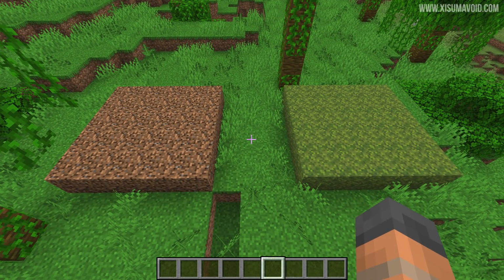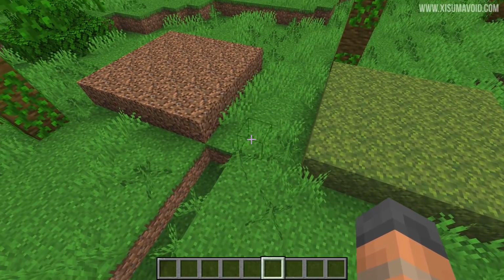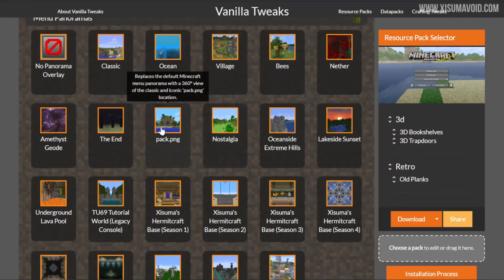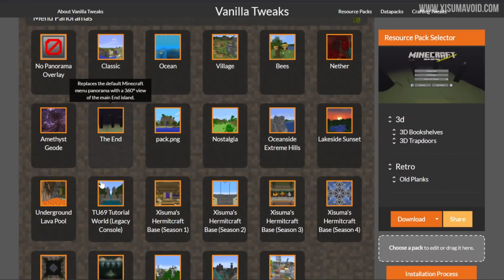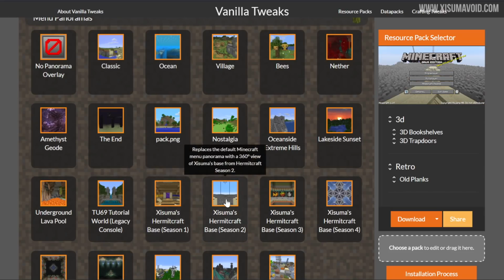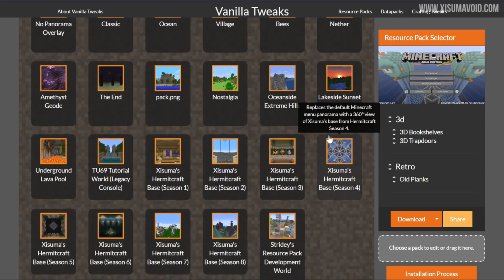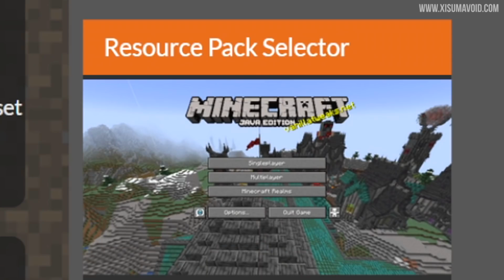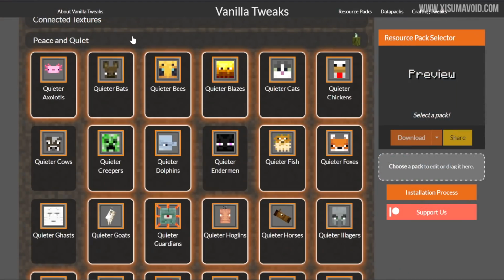Not as pretty, right? I think I'm definitely going to be using the variated versions of both of these. In menu panoramas, you have lots of options to change the background menu of the Minecraft game, and there are all of my Hermitcraft seasons here, and the addition is that now my Season 8 base can be selected as a background menu. Now, if the website looks a little bit spectacular right now with all the highlighted packs,